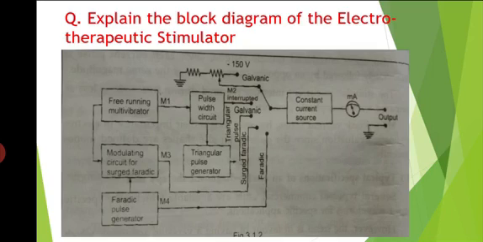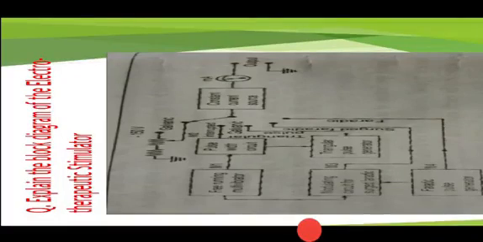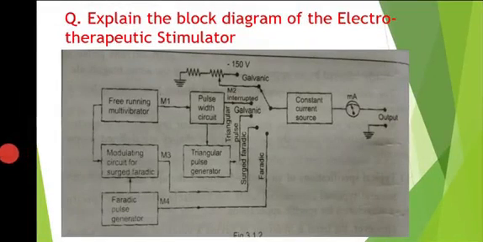Finally, any one of the waveforms can be selected through a selector switch and fed either to an emitter follower stage, in order to provide a low output impedance constant voltage output, or to a high output impedance constant current stage. The output impedance of a constant voltage stimulator is of the order of 100 ohms, and of a constant current type greater than 100 kilo ohms. This stimulator is isolated from the earth only.